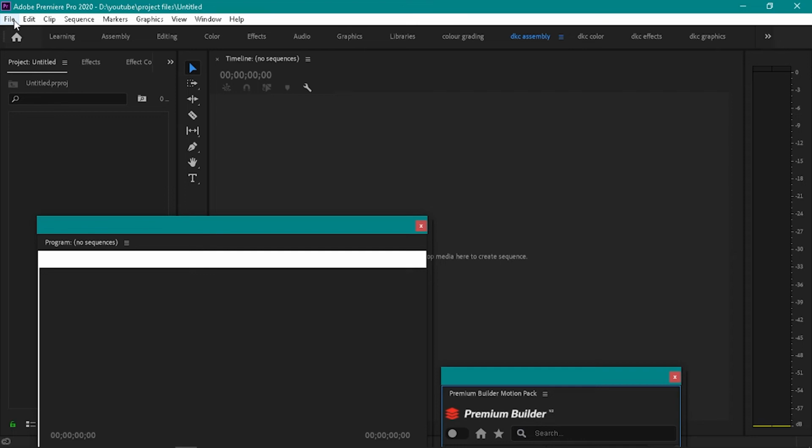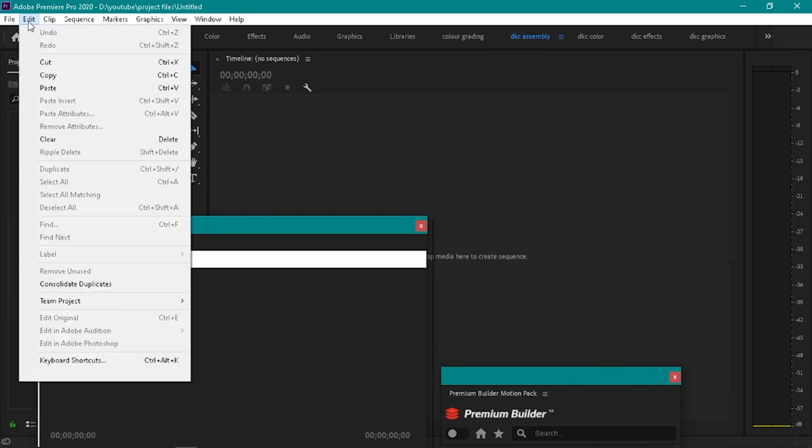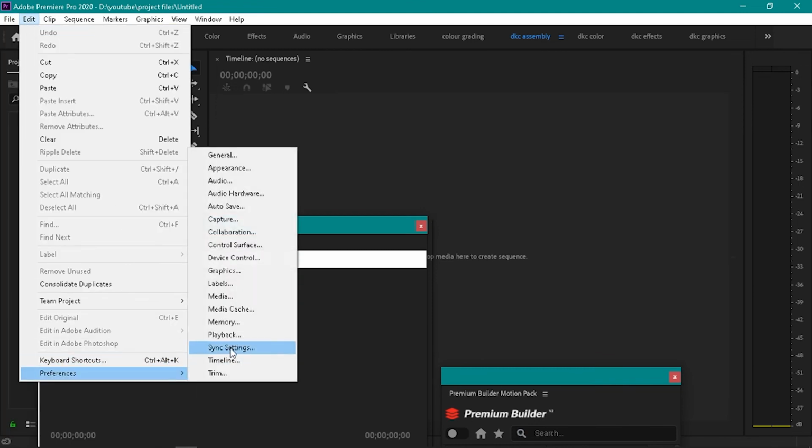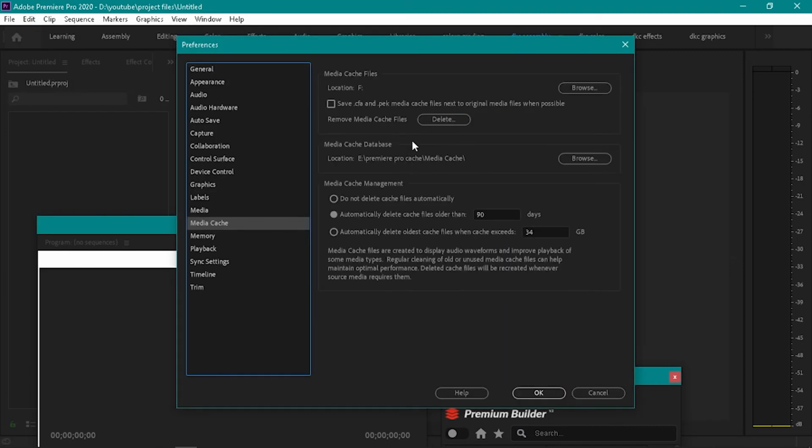Next step is clearing all the media cache files, Premiere Pro and other applications. For this you need to go for File, Projects. You need to go to Edit, Preferences, Media Cache, and you need to delete all the media cache files, and you need to give automatically delete cache files older than 90 days.